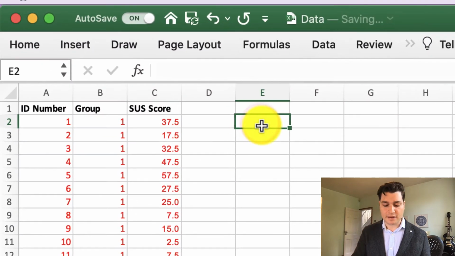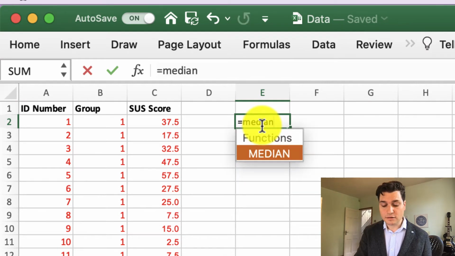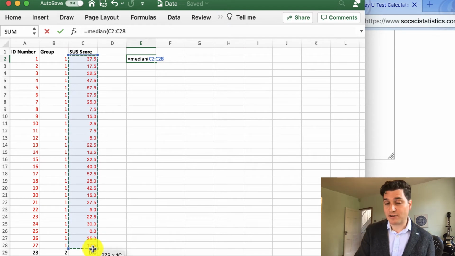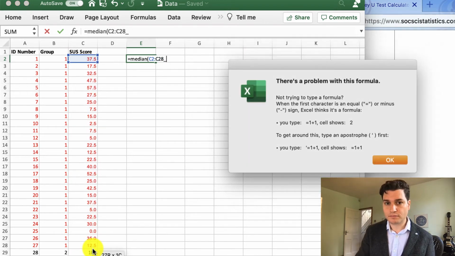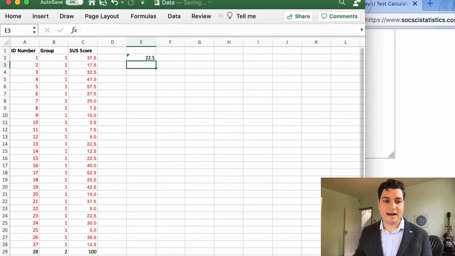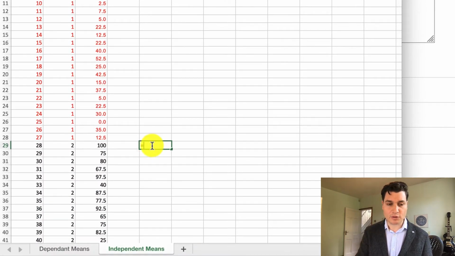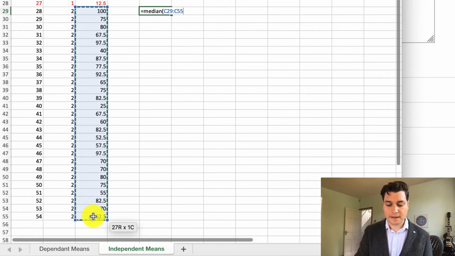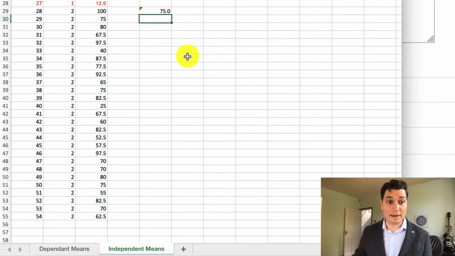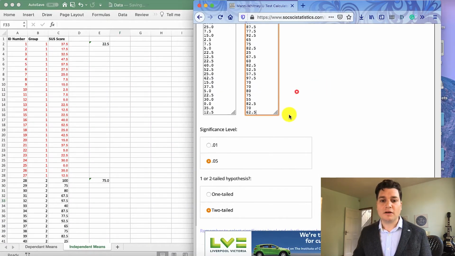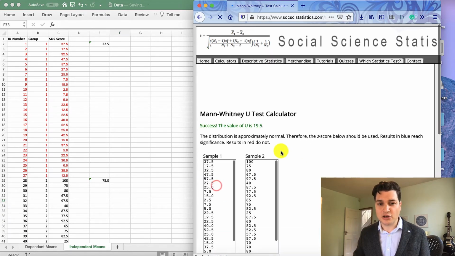So the median, because non-parametrics use medians and parametrics use means, apart from when I make a typo. And the median here equals, there we are. We can see that we've got 54 people from the cases. So we've got our medians ready, we know the number of people, got our test, so click calculate U, and